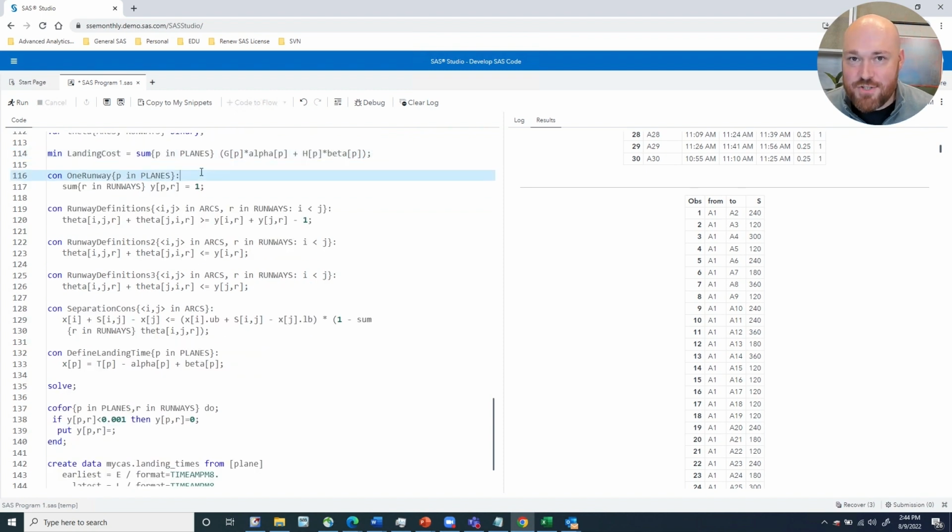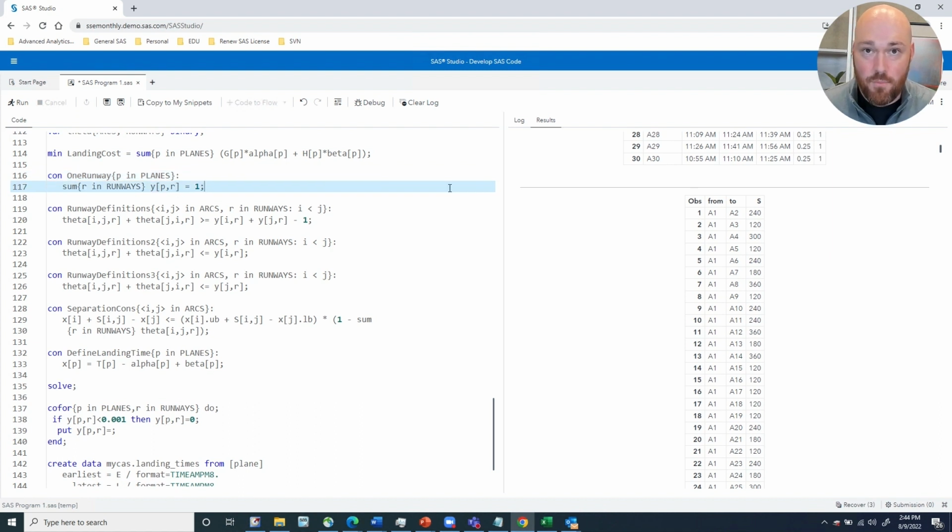Down below, we define the constraints. And the first constraint says that each plane has to land on one and only one runway. Coming down to the runway definitions, this defines the relationship between theta and y. So for example, if planes I and j land on the same runway, then either theta ijr or theta jir has to equal 1.